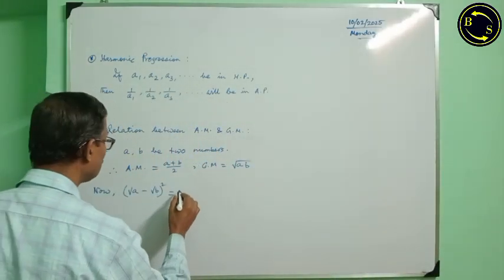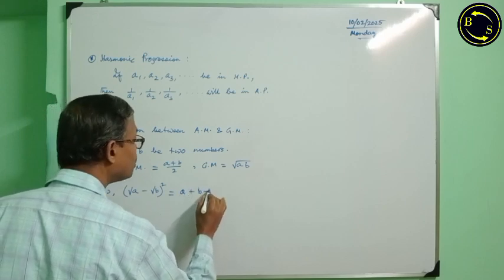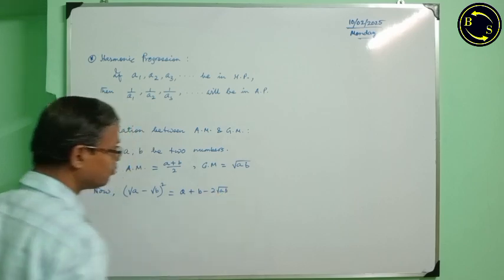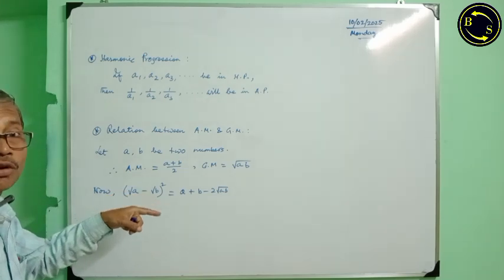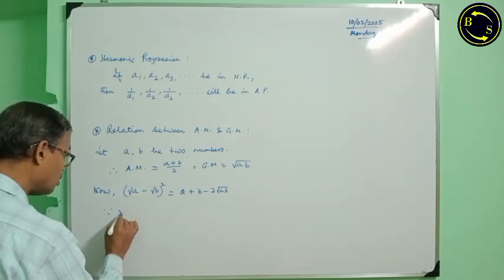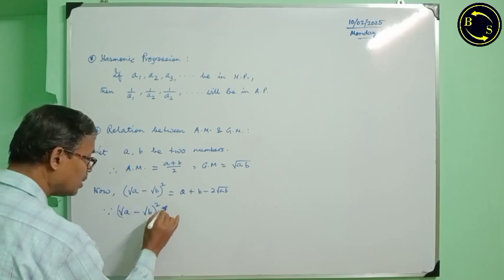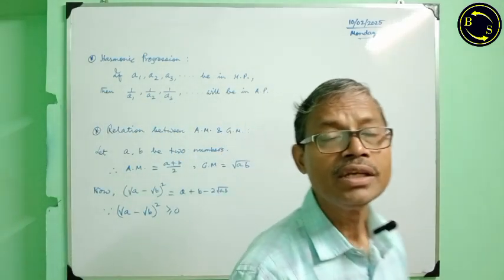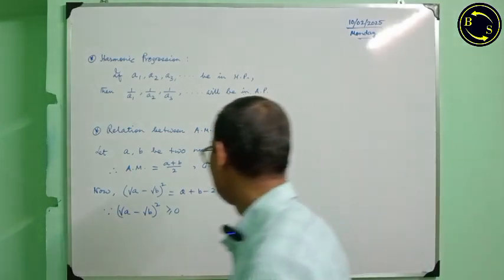Using the formula, it will be... now this is a square, therefore it is always greater than or equal to 0. Since (root A minus root B) whole square is greater than or equal to 0, equality will hold when A and B are equal. Therefore,